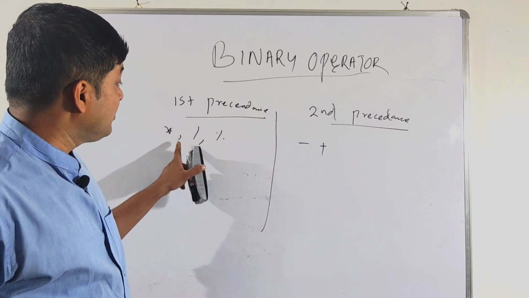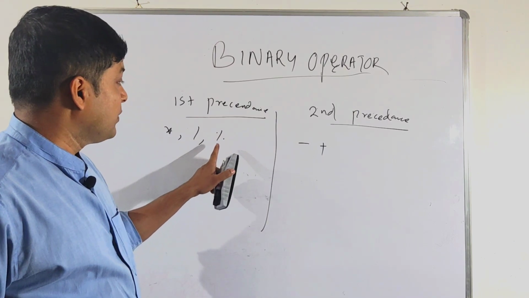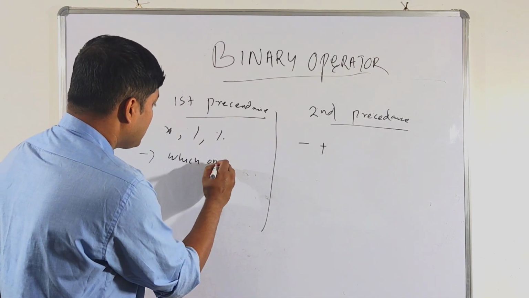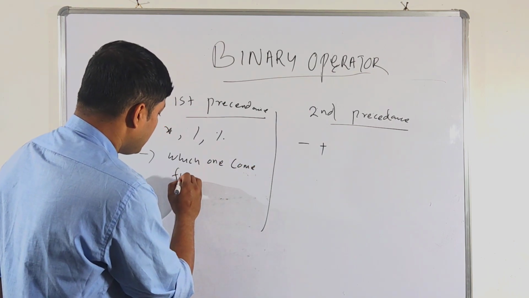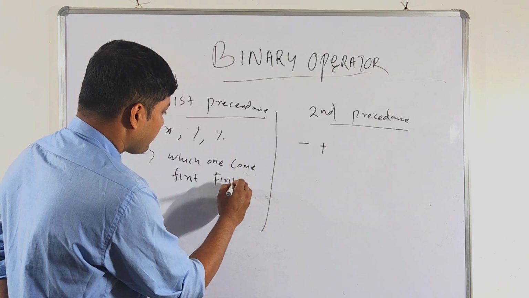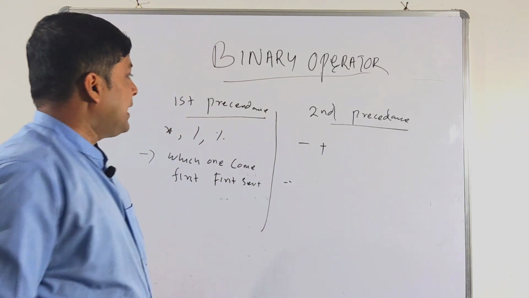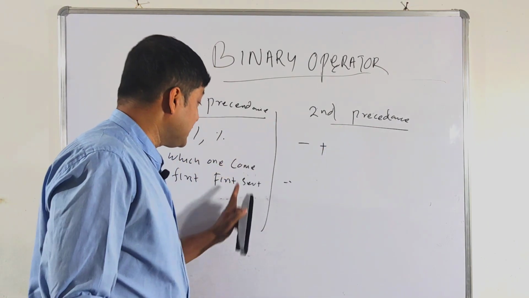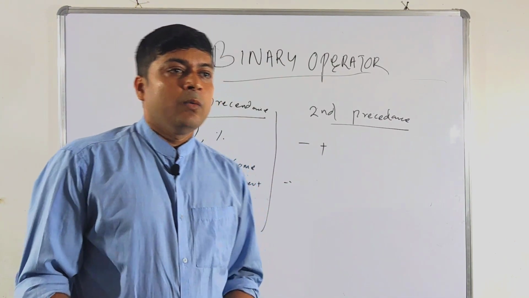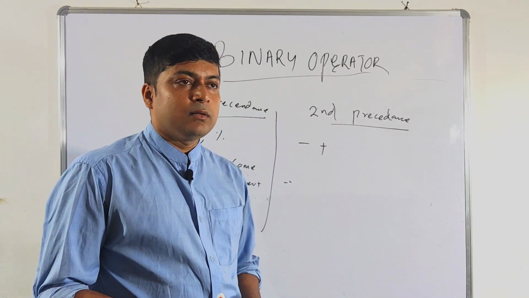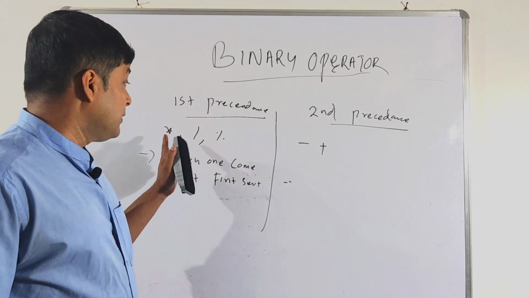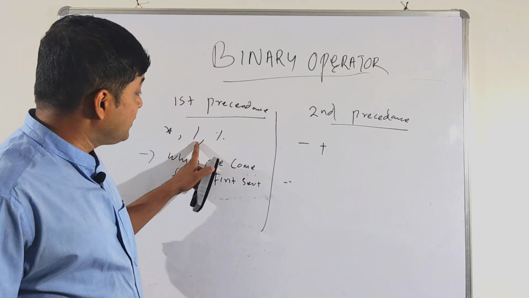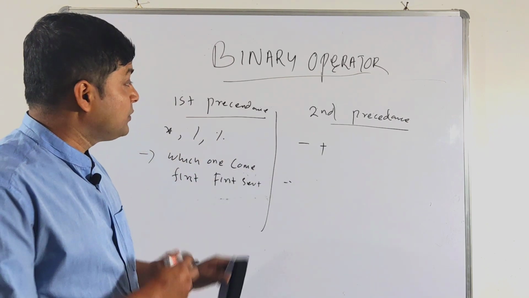Multiplication, straight division, modular division does not mean that first is multiplication, then straight division, then modular division. Whichever comes first, solve it first. After completion of first precedence, you have to calculate second precedence. In mathematics, one rule is there, the BODMAS rule. But here, first is bracket, and after bracket, whichever operator comes first is calculated first, whether multiplication, straight division or modular division.